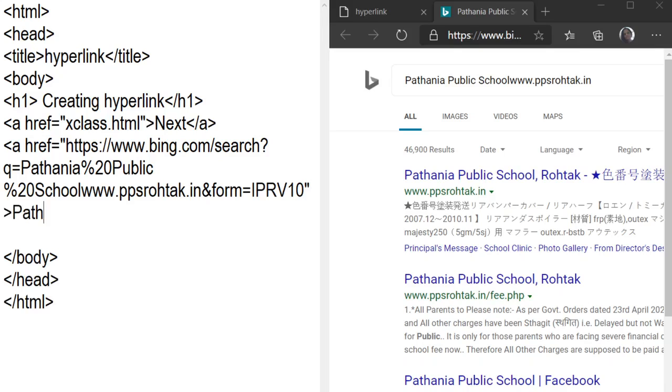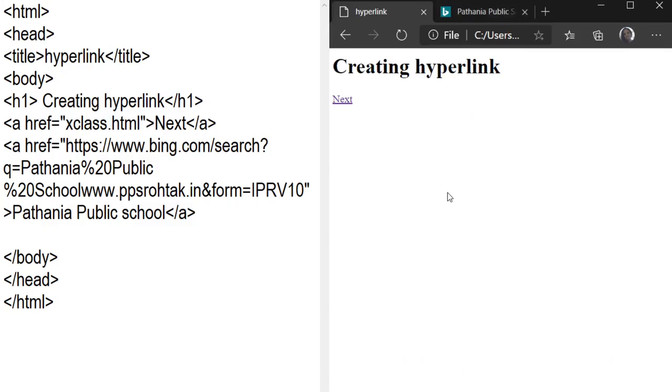For example, we write down Patania public school. Then you can close the a tag here. Now you can save it, open your file, and refresh. You can see one is our next.